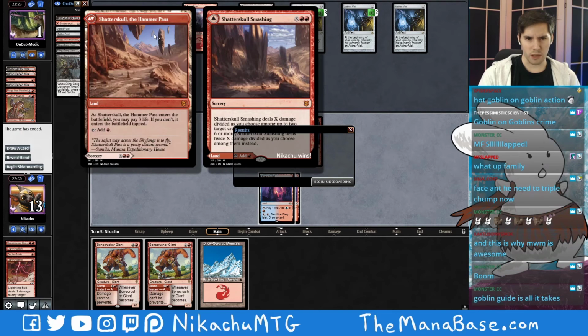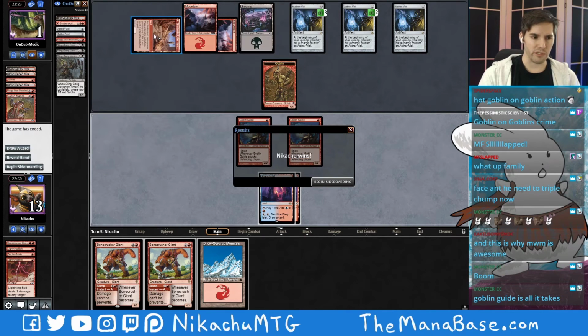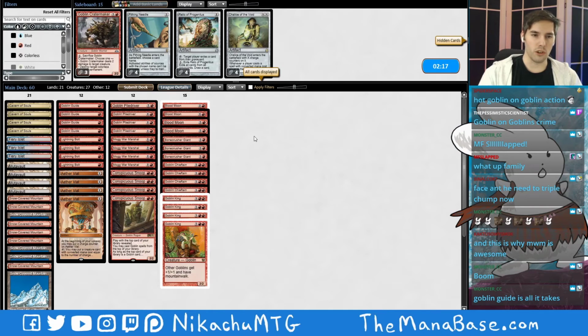Hold on, it has to come in play tapped? No, you can pay 3 life. You have to literally have nothing. Like, what I'm implying here is, are you watching the game right now? You know I have this Stomp in my hand to kill you? Okay, so for the mirror...